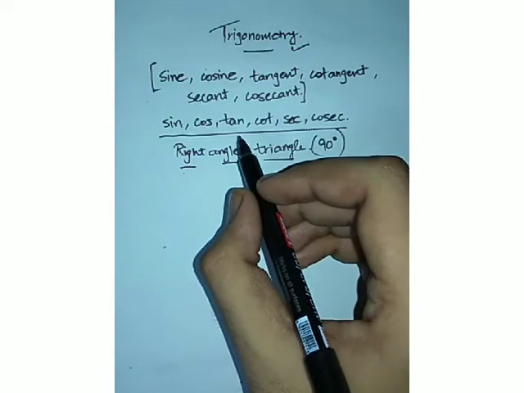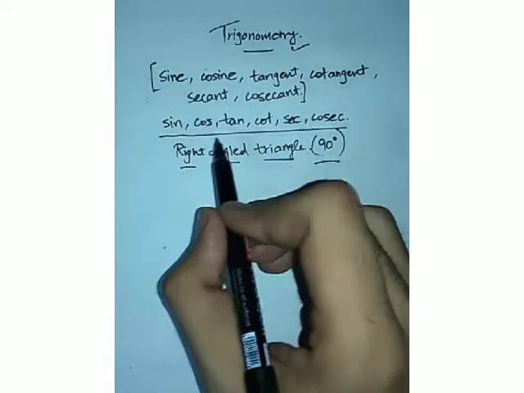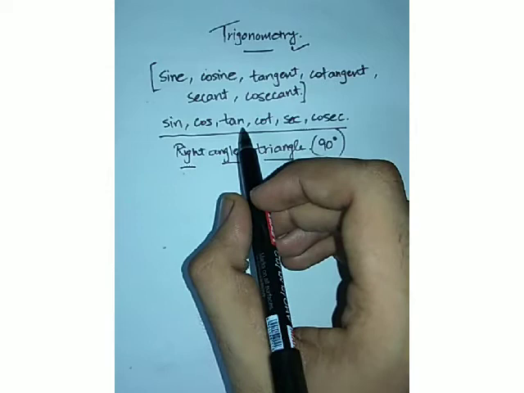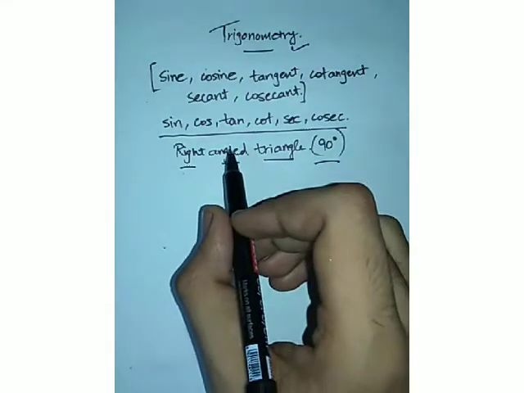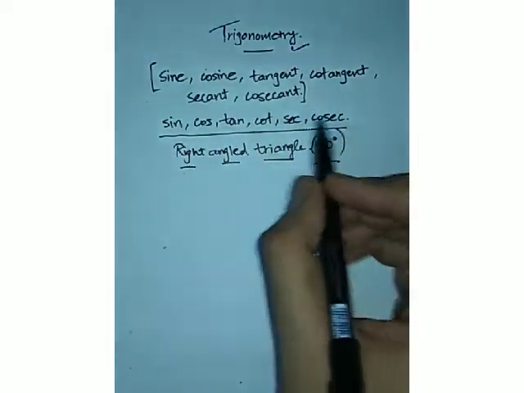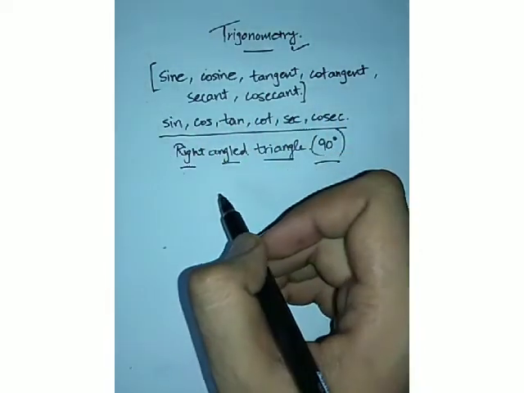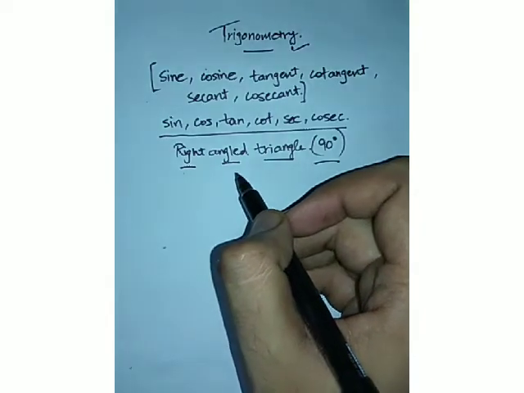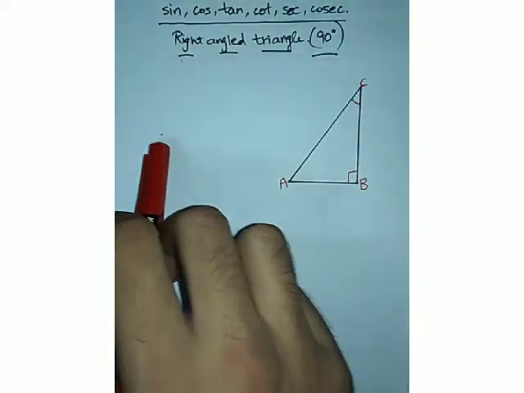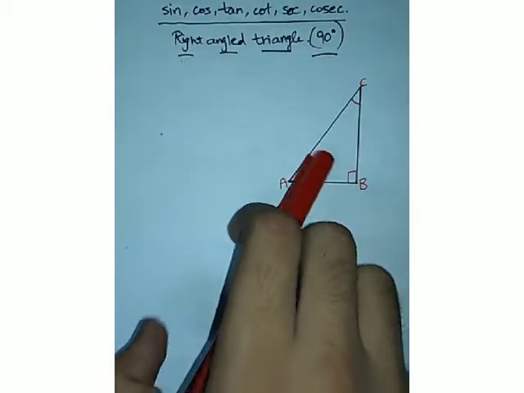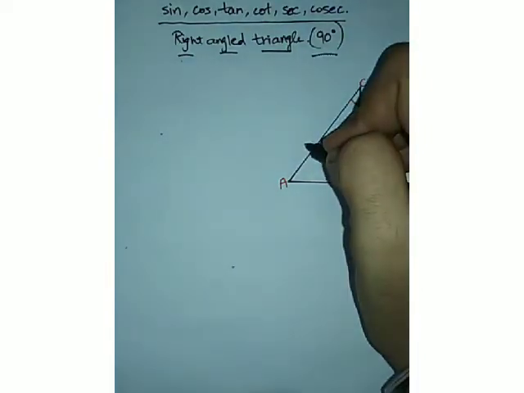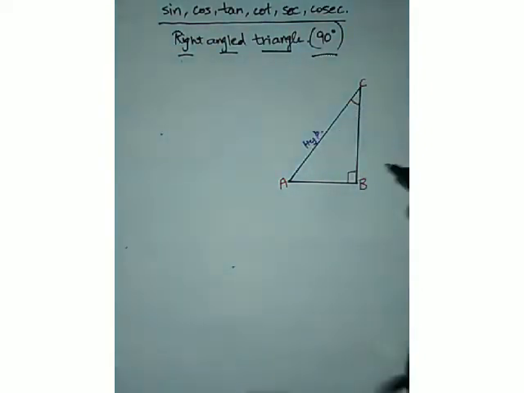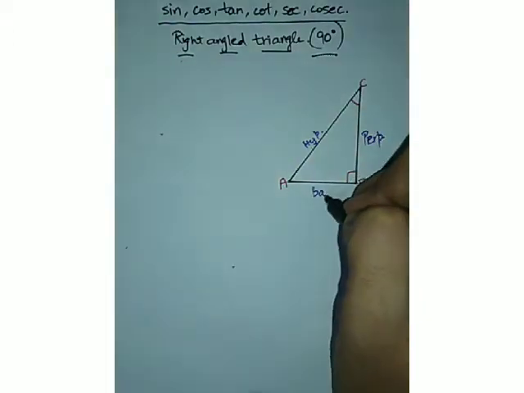Okay, so now let's talk about the representation of these trigonometric functions. This introductory video is very important, because if you do not understand the basics of trigonometric functions, how they are represented and calculated, you cannot proceed with the sums. So let's move to the representation. As you can see, I have drawn a right angle triangle. Now you know very well that this is the hypotenuse, this is the perpendicular, and this is our base, right?